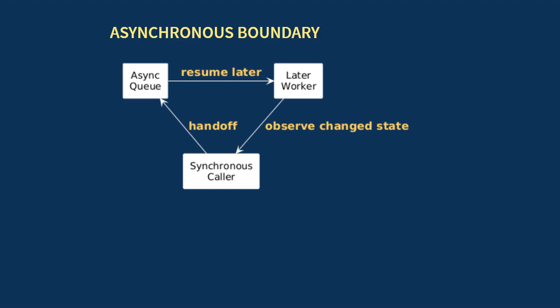This is the point where time becomes part of the design. The caller hands work off now, but a worker may finish later on another thread or another machine, so the old synchronous mental model stops being reliable. Is the real danger that we still reason as if the state is current when it may already be stale? Yes, crossing that boundary means ordering and completion are no longer implicit.